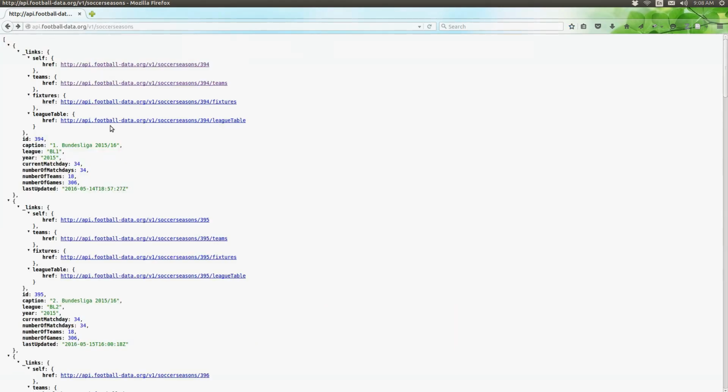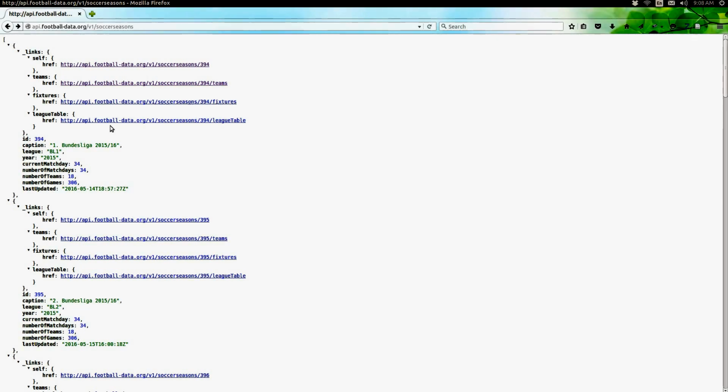The specific route that we're going to be using for this exercise is called soccer seasons, as you can see here in the highlighted section, and it provides us with a JSON